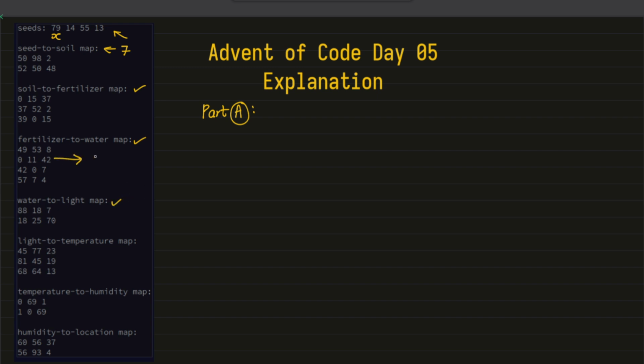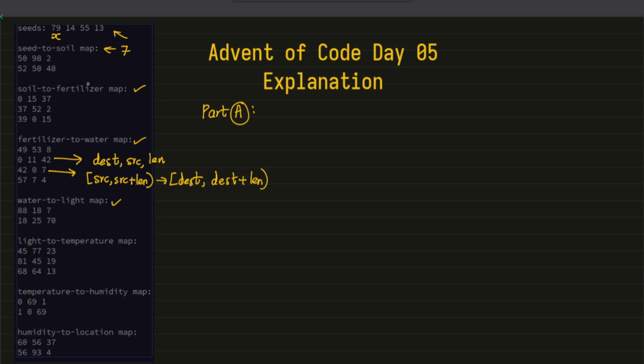So let's say this row is given, it is denoted by destination value, source value, and length value, and each of them denotes that the range source to source plus length is mapped to destination to destination plus length. This is the brief